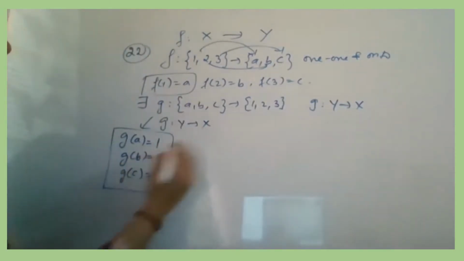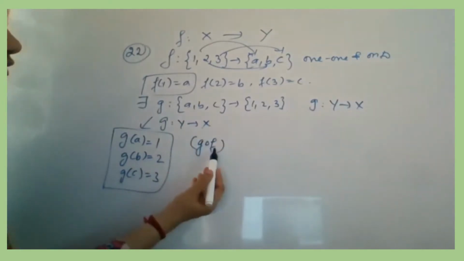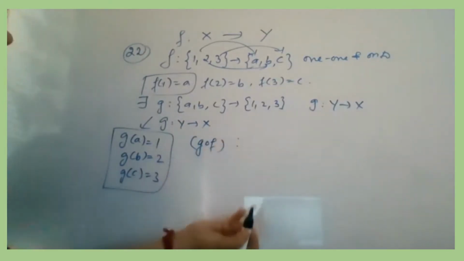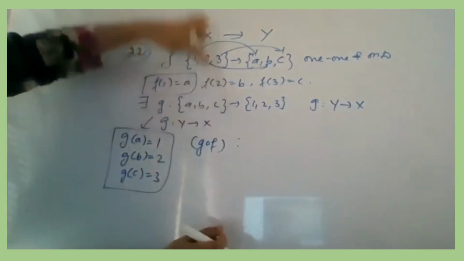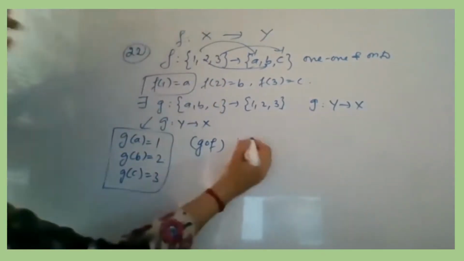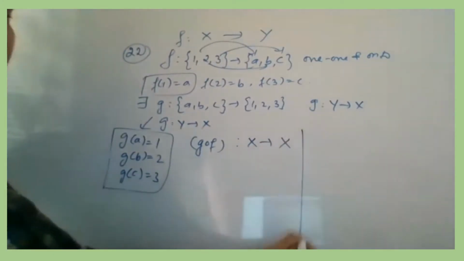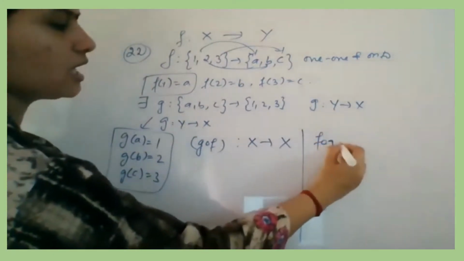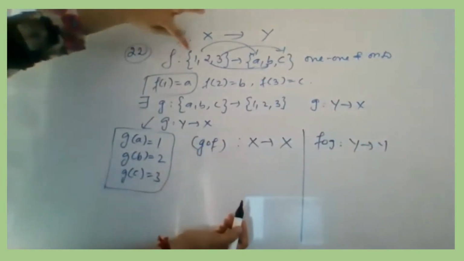So when I have defined like this, I will start with G composition F. Now again G composition F will be from where to where? कहाँ से कहाँ होगा G composition F? पहले F apply करोगे, that means it is starting from X. So it will be from X to X. Right? And when I define F composition G, it will be from Y to Y. Correct? So ये set X जो है वो है आपका 1, 2, 3.